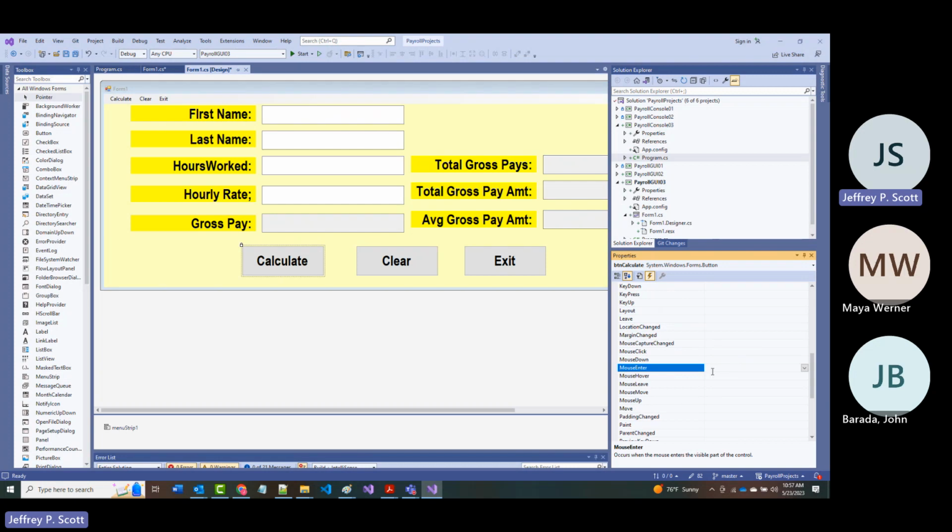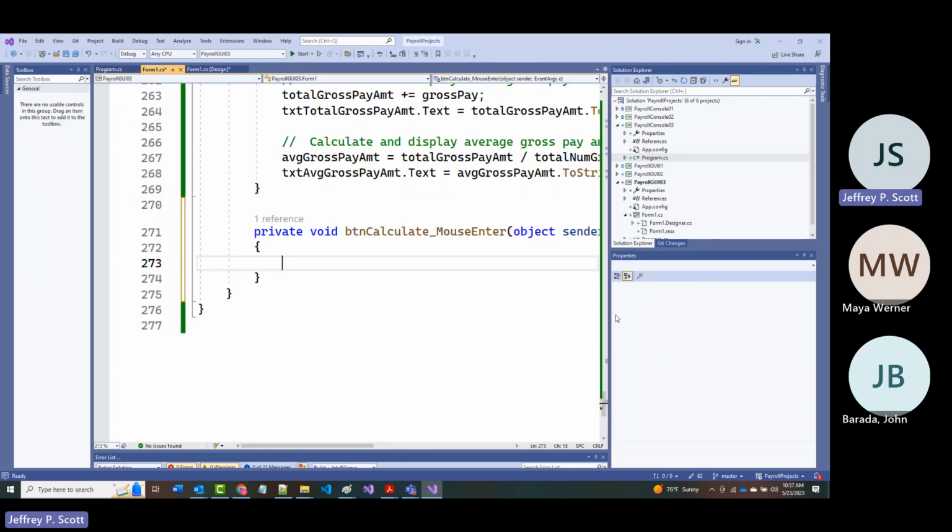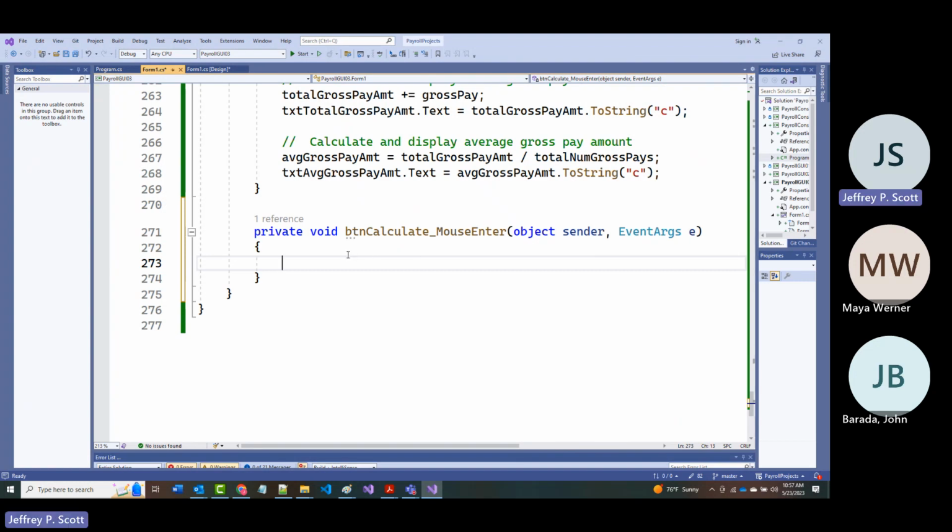I'm going to make my own event and call it BTN calculate underscore mouse enter, and I'm going to hit enter. And there it made it, and I gave it the name that I told it to have. Now I'm going to come in here and say the name of my button, BTN calculate